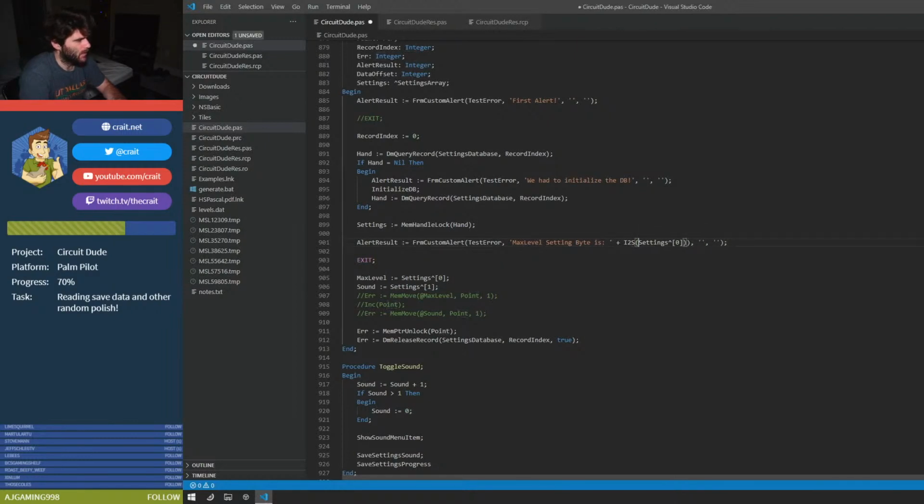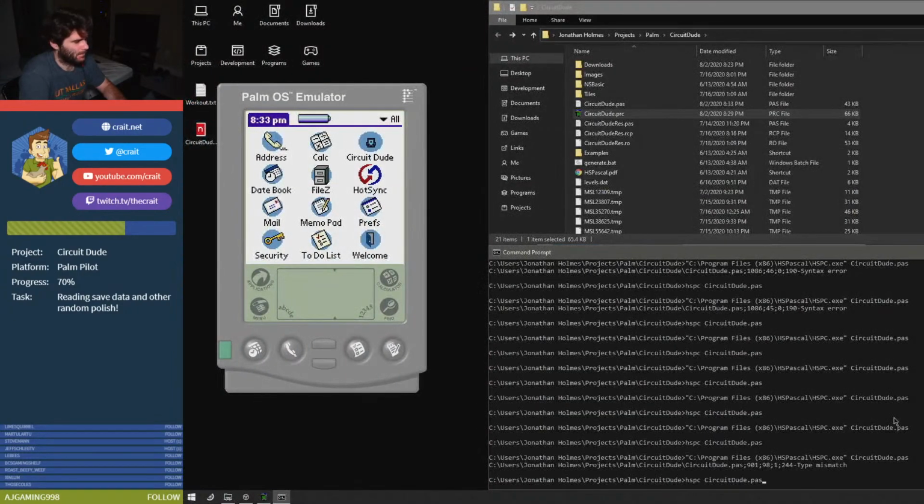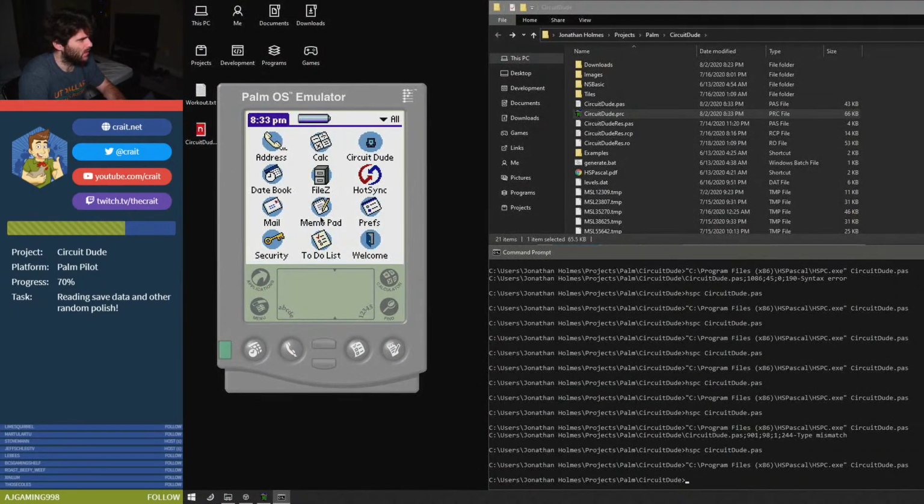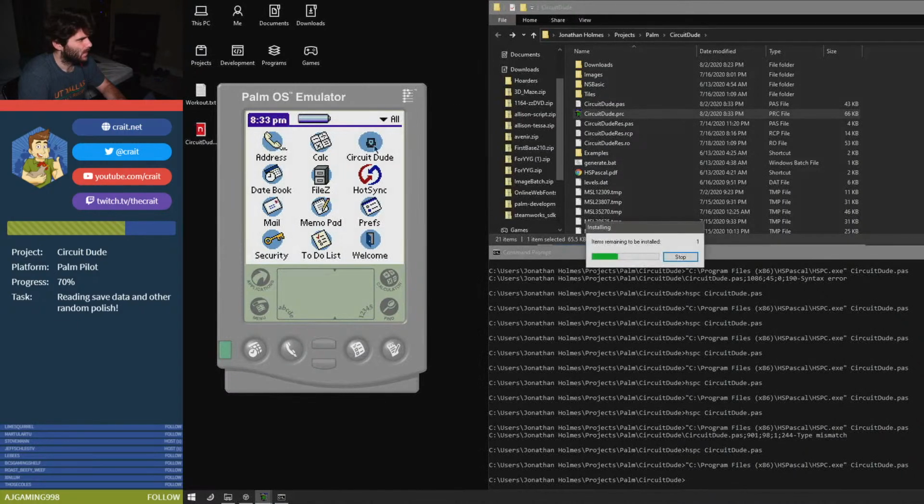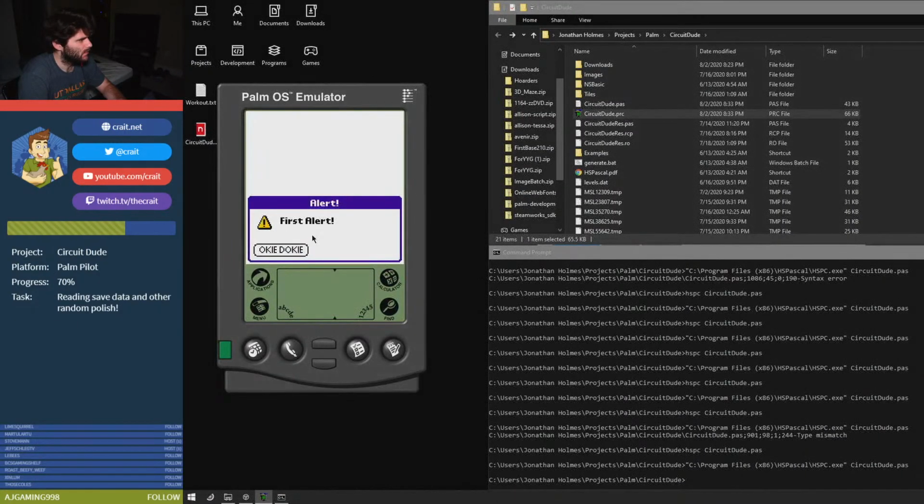I wonder if we can just use a byte and do the conversion by hand. Okay, so let us do that. Move this over and first alert. Max level setting byte is 25. So